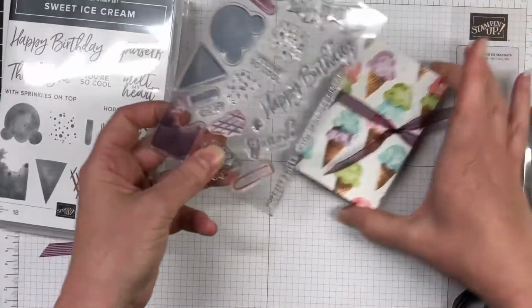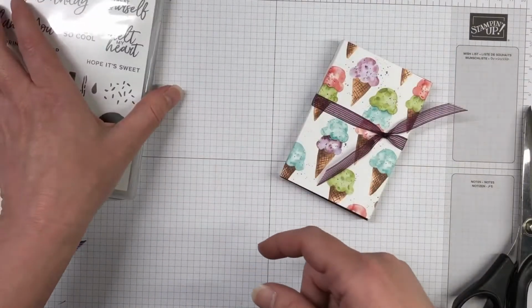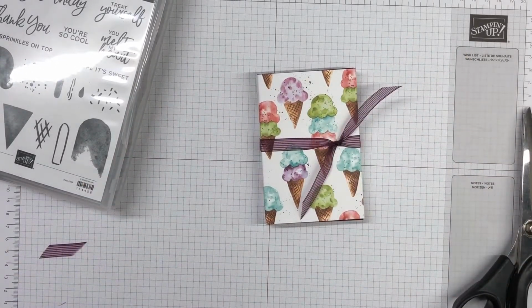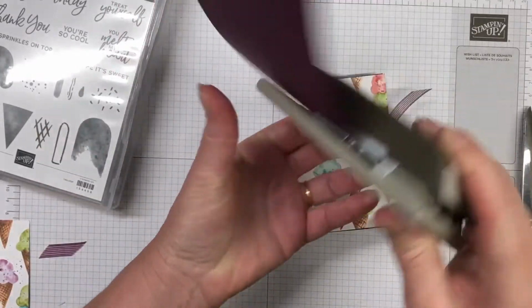So we have the Sweet Ice Cream stamp set. I'm not sure what I'm going to do here. I'm actually just winging this video as I go. I end up going back and doing a little bit of fussy cutting with those ice creams there in that DSP. So this is the